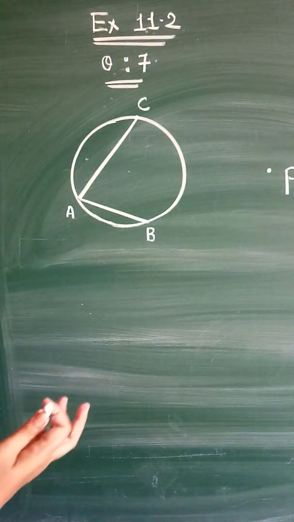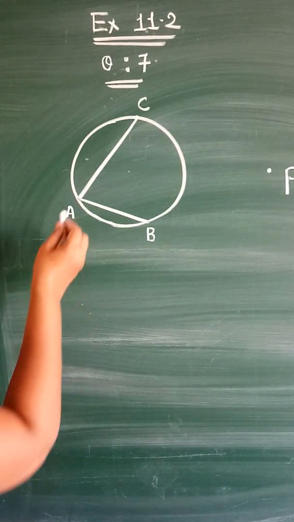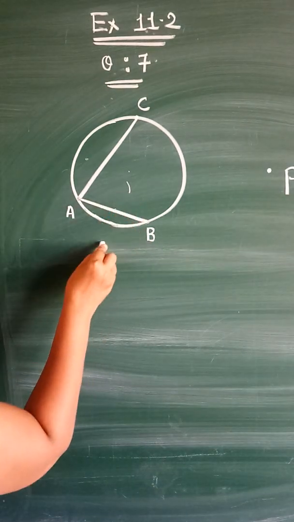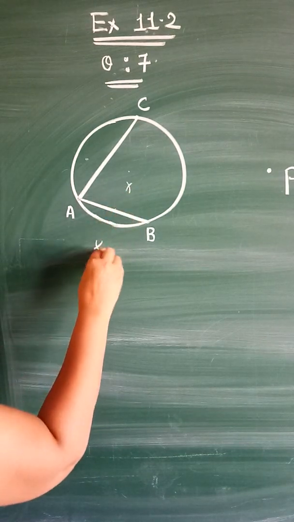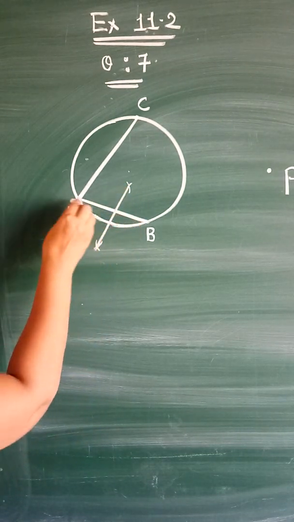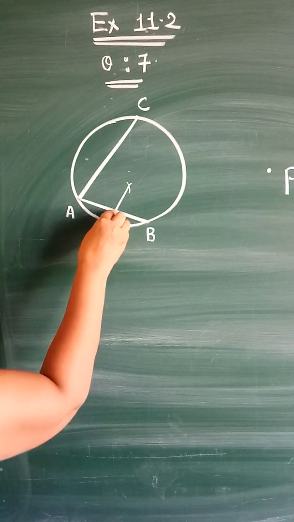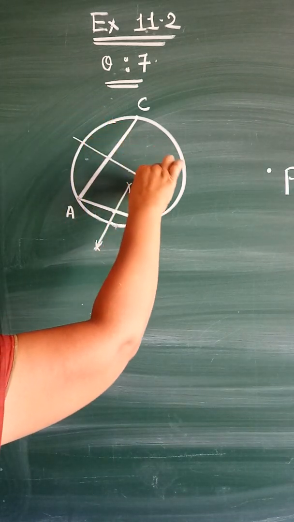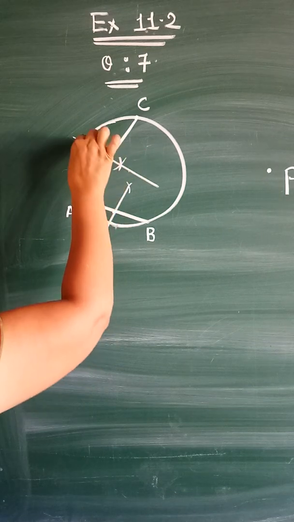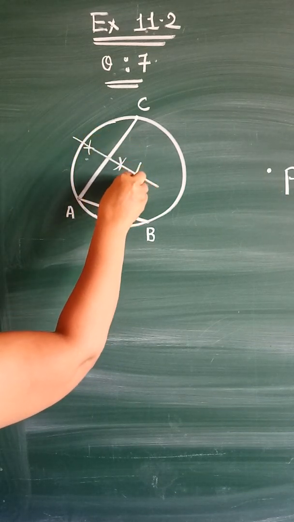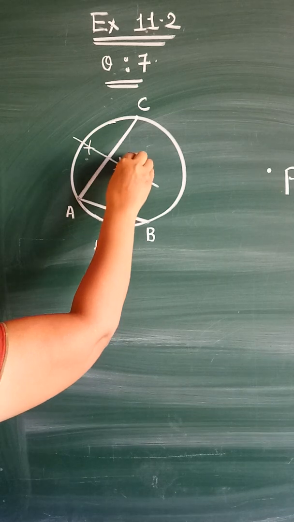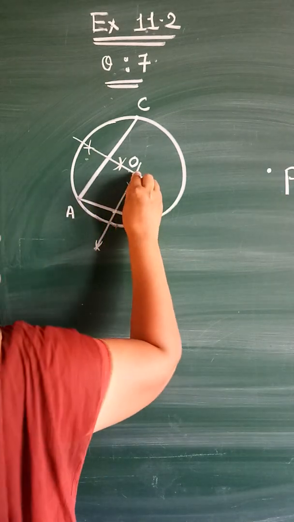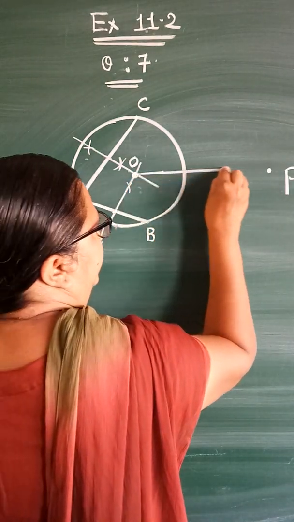So first of all, you only need to know how to draw a perpendicular bisector. Take more than half the distance of AB, give an arc upside, downside. Similarly from B also give an arc upside, downside. So this is the perpendicular bisector of AB. Similarly draw the perpendicular bisector of AC. It will come something like this. Now wherever these two intersect each other, that is your center O. Now join this O with P. So joining OP.